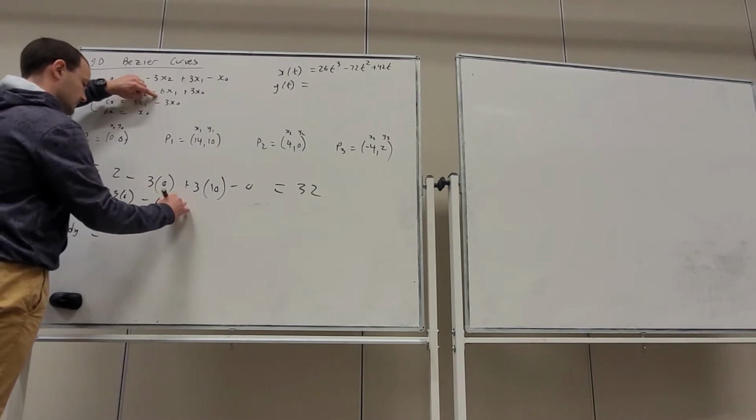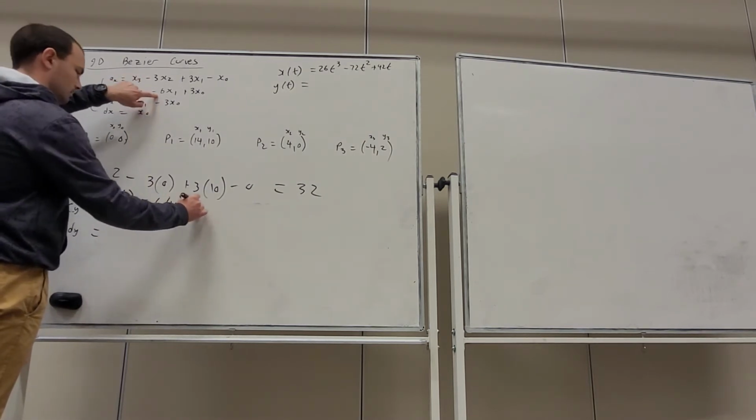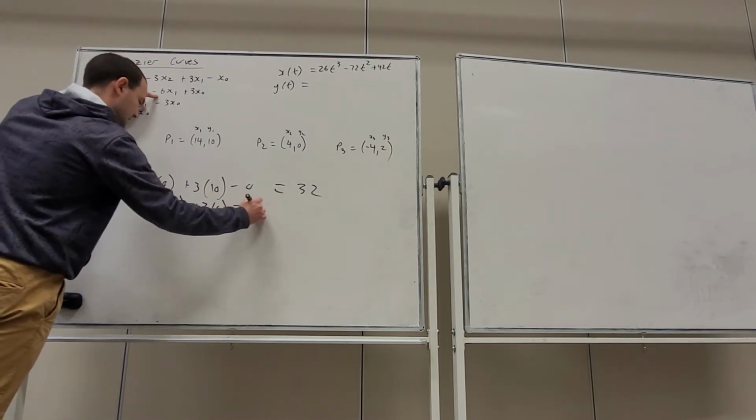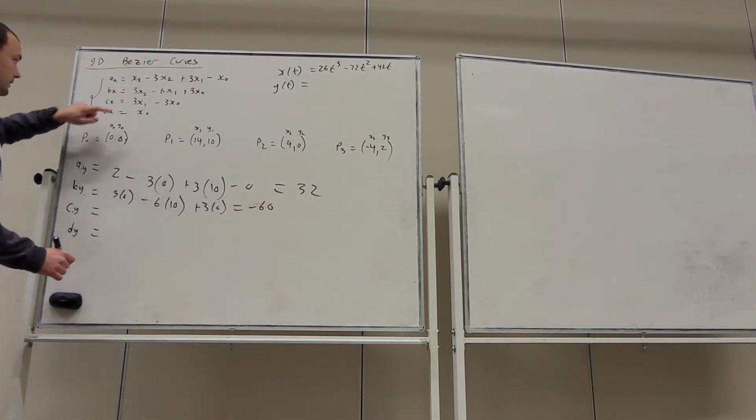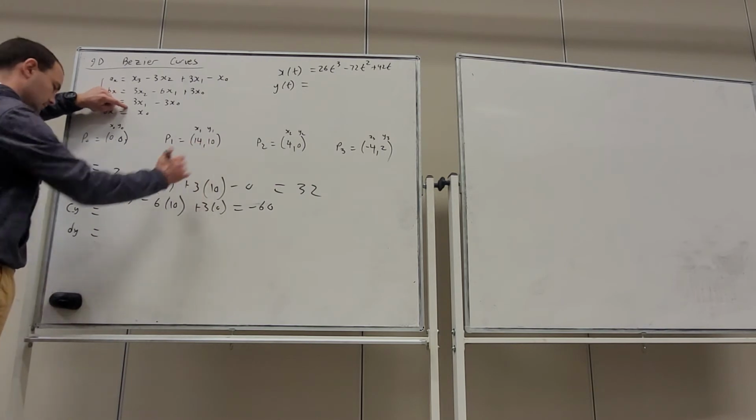Take 6 times 10, plus 3 times 0, that's minus 60. cy, 3 lots of y1,